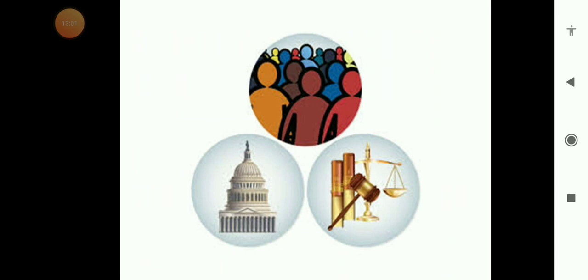Let's move further. These are some symbols representing the authority, right? There is a structure of buildings and people representing democracy, and this shows the judicial authority. So this picture represents how political science is involved in the people's activities, where authoritative allocations of values are included, where judicial activities are included, everything that comes in it, right? We study all the behavior that somehow this way or that way is related to political behavior of the man.